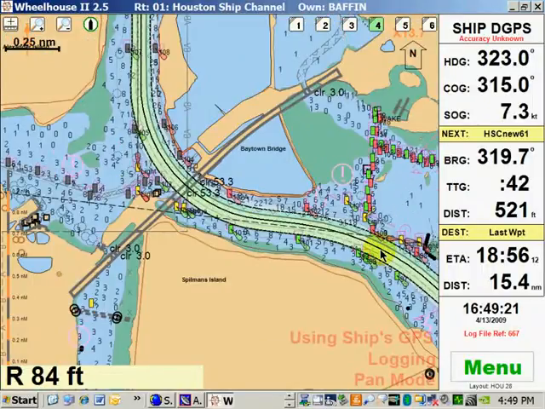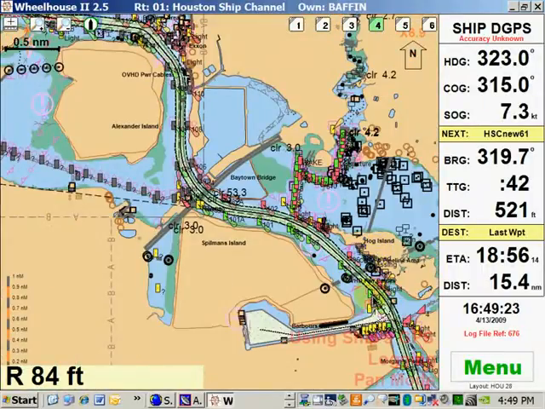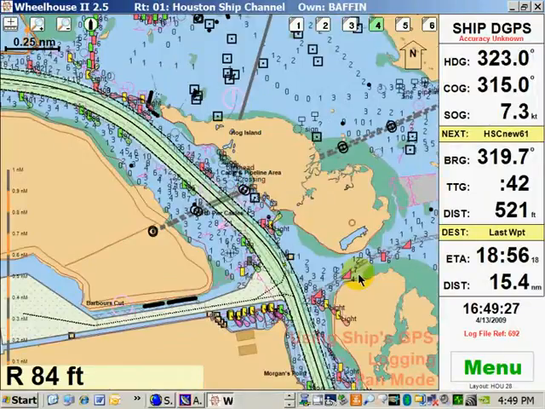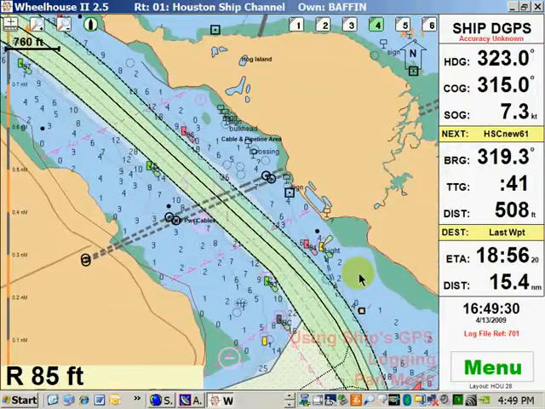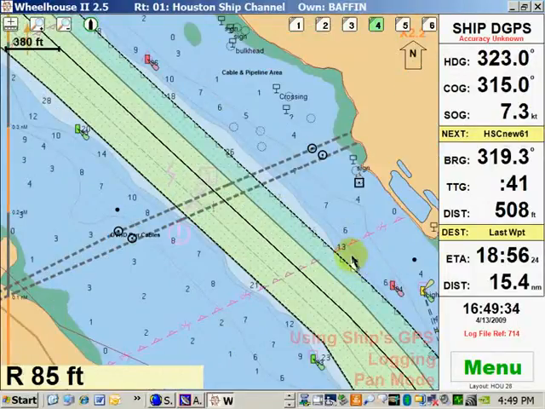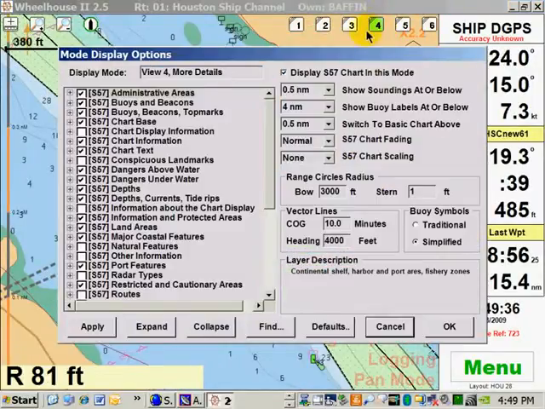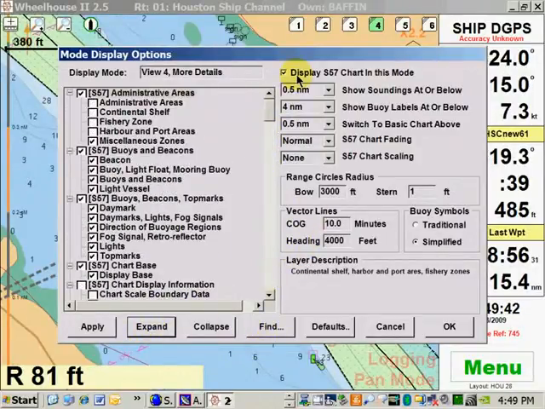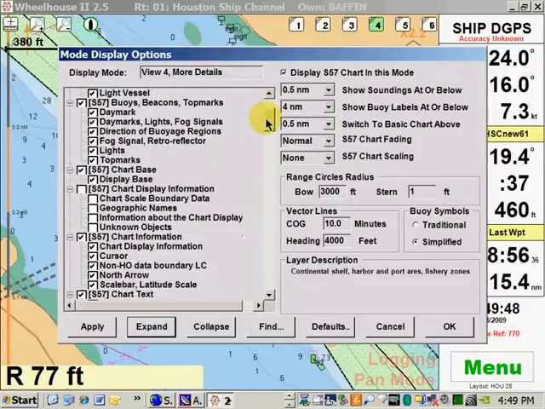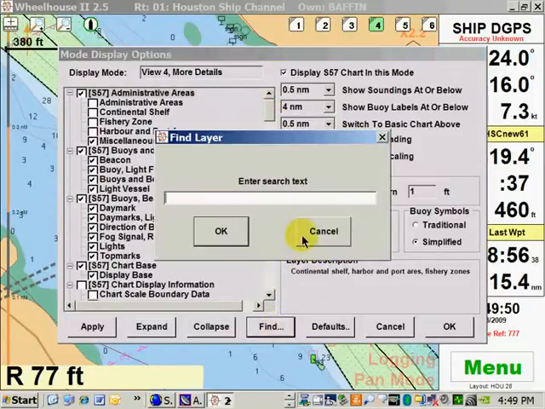Press U for up, zoom up, and then I'm going to right click to center the screen over those cables. And let's say that I didn't want to see those cables in this particular view. So I right click on the view button and click on expand, and I see all of these S57 object groups here, but I can't really tell easily where that cable is. So I'm going to say find the cable,